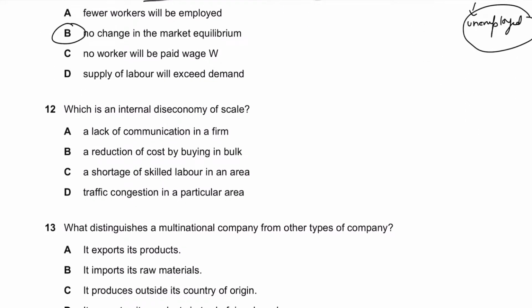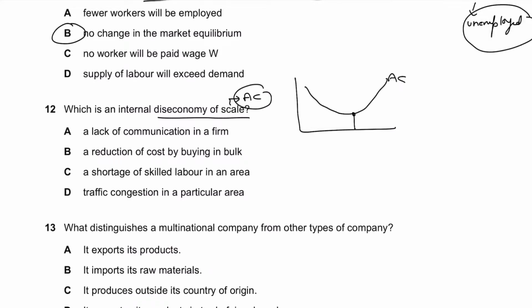Question number 12 says, which is an internal diseconomies of scale? Diseconomies of scale arises when your average cost rises, when you expand output too quickly and too much beyond a certain size, beyond once you've achieved your lowest average cost, and then you exceed your output, that results in diseconomies of scale. So all the output in this region would be representing an area where the firm is experiencing